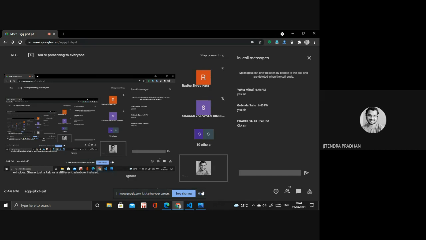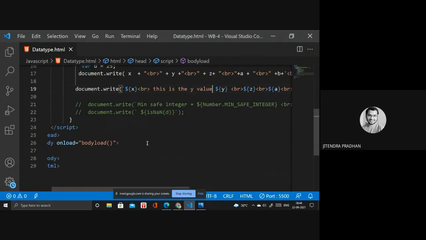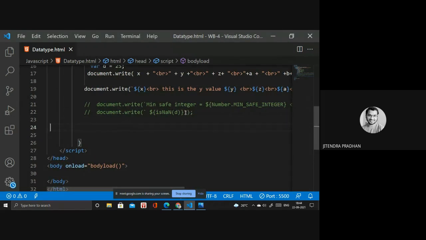If you want to find a character by its index, we use charAt. Let me show you. Take a variable, string, strg, my variable name.